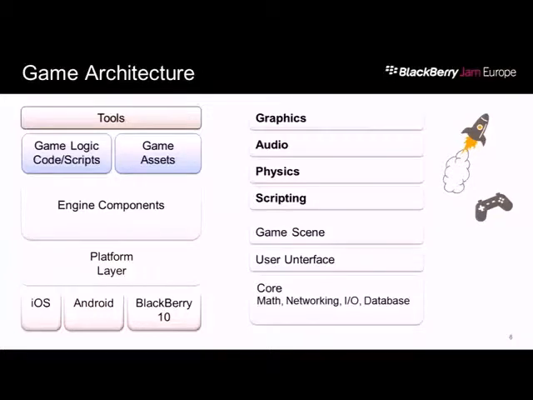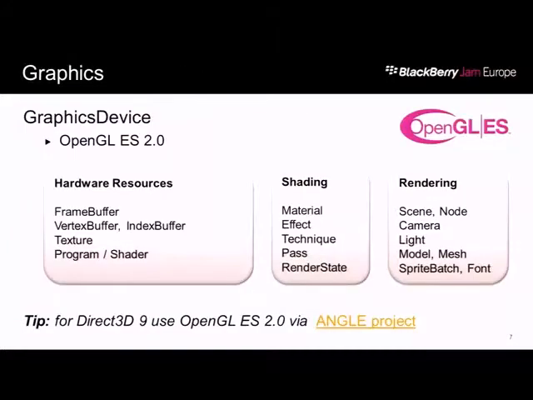Sometimes you have to put that in the platform layer also, though. So with the graphics device, you have OpenGL ES 2.0, which is pretty much what a lot of people are using nowadays. It's broken up into 3 chunks of classes that you're going to do. Some of them are purely about hardware resources. So this is your frame buffer, vertex and index buffer, your textures, and your program and shaders. This first category defines hardware resources that you're going to actually acquire through the creation of these things. They're usually done and loaded, and then later they're bound and used at runtime.